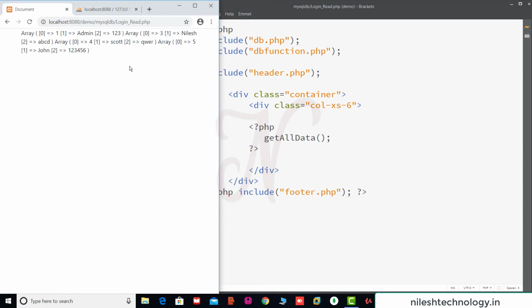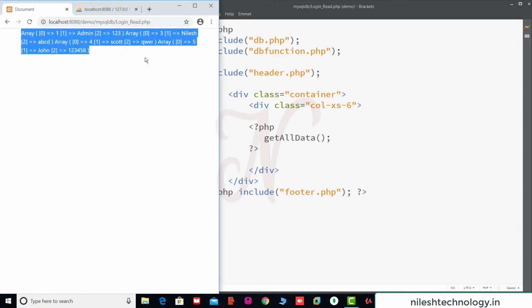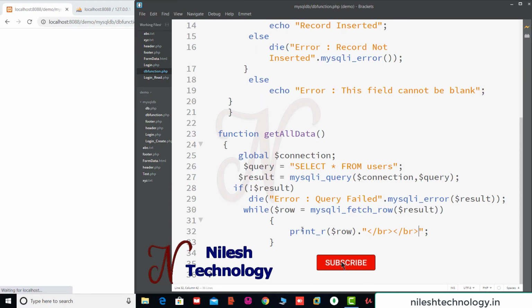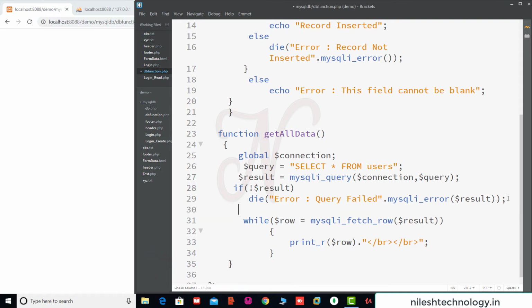Now we will try to print all this data in a tabular format. Again going to the db connection file, here we use the HTML table tag. Here echo, this is the table with border equal to 1.